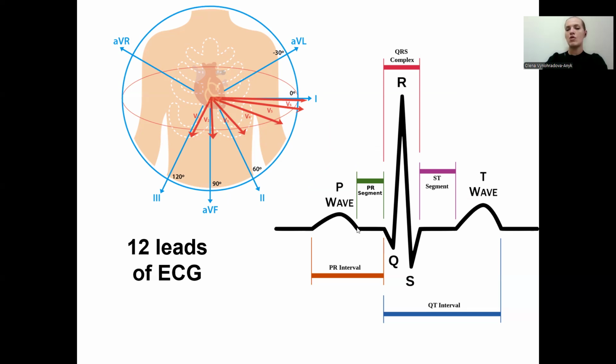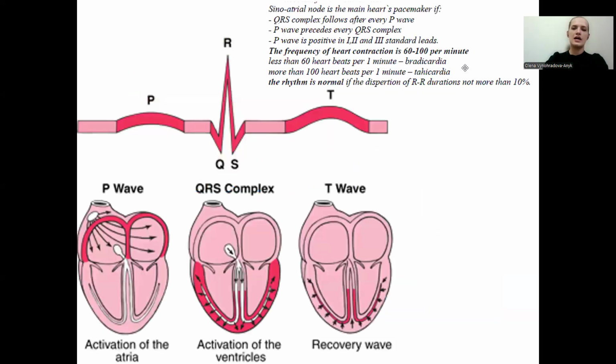Also, on the level of the isoline, we have segments, named the PQ segment, ST segment, and also TP segment, because this composition is the same every heart cycle. When we are talking about different parts of our ECG,